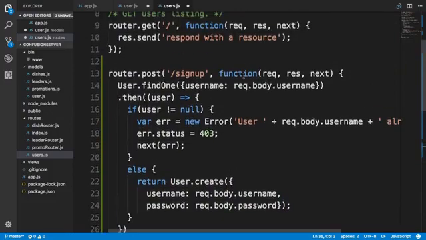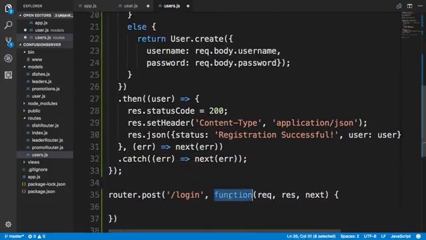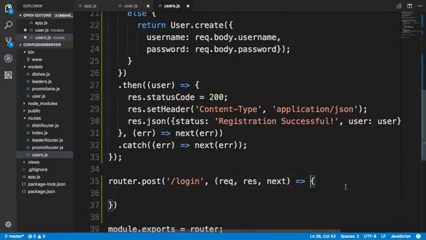Well, obviously, instead of saying function, you can use the arrow function here for the router post. I'm going to do the same thing here. I've gotten fond of arrow functions, so we'll do an arrow function here. And so for the login, how does the